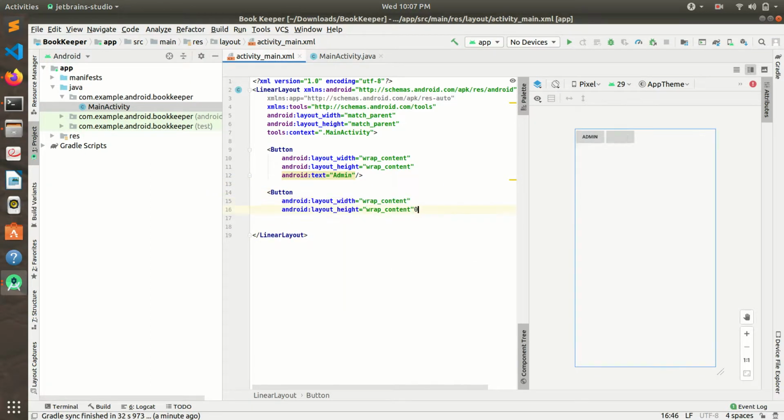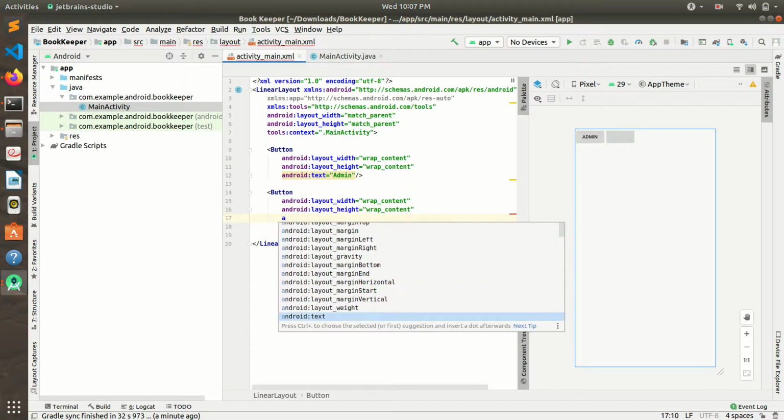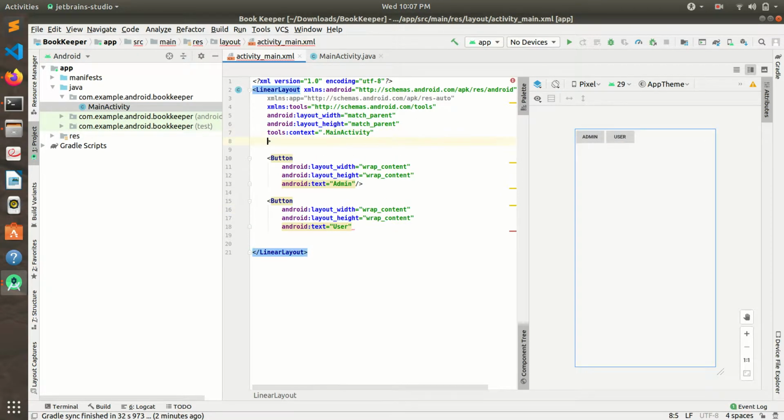Wrap content. Users. Okay, so you can see that these buttons have been arranged horizontally, so we can arrange them vertically by